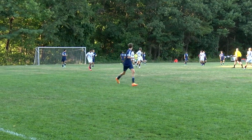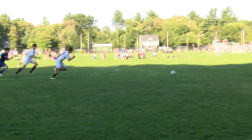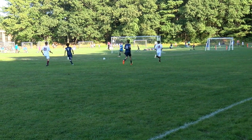They're buzzing like bees around a hive, Raj. They truly are. I mean, unless the Arlington keeper has called for the ball back, it has barely come into the